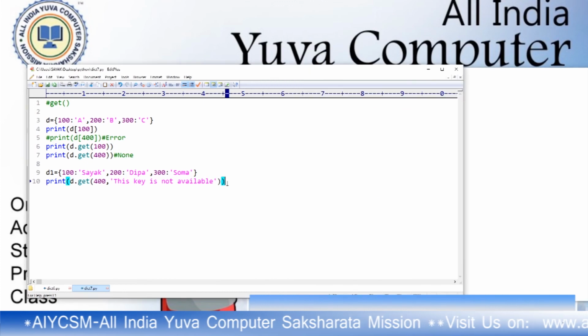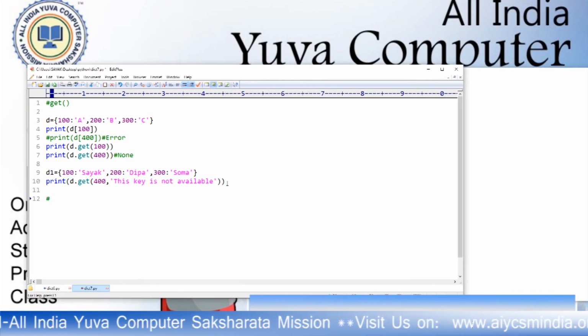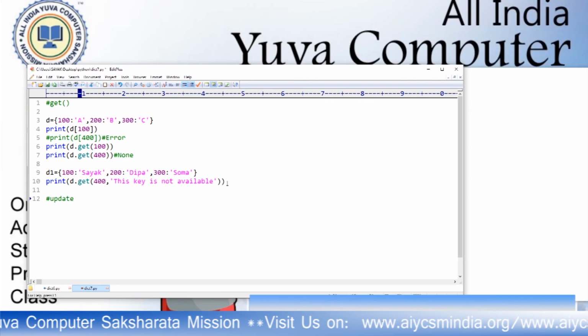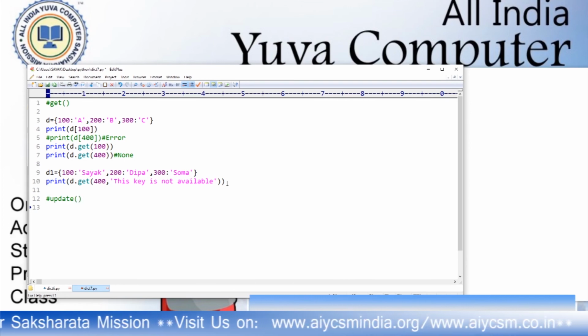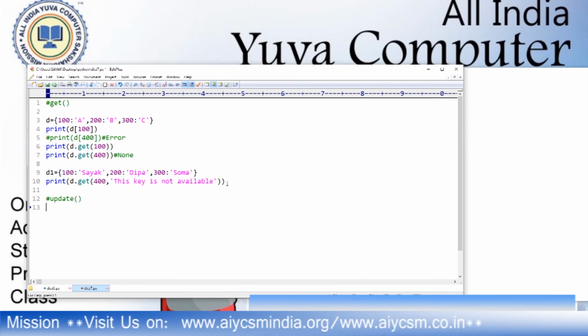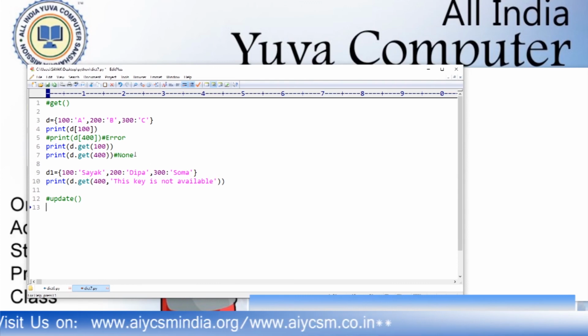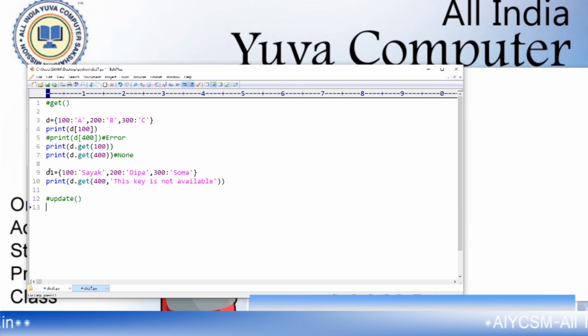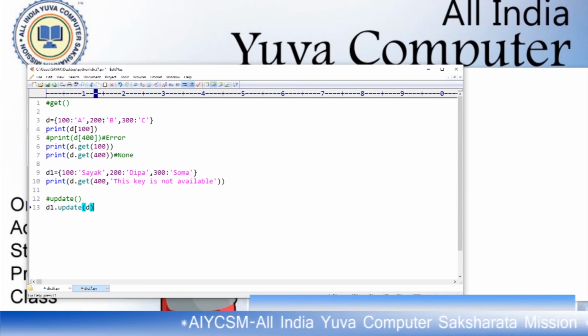Now we have to use the update function in dictionary. If you want to update the values, there is one dictionary which has the name D and another dictionary is D1. If I want to update, D1 dot update of D, all the values in D are updated into D1.